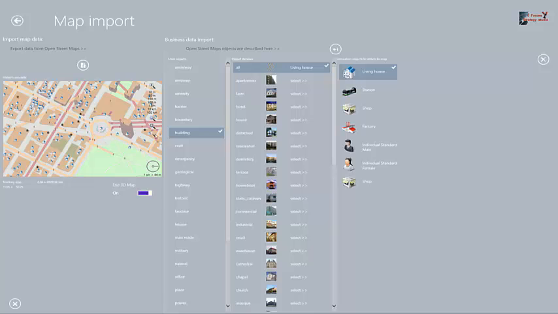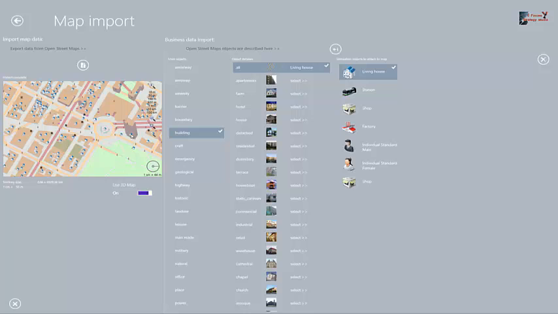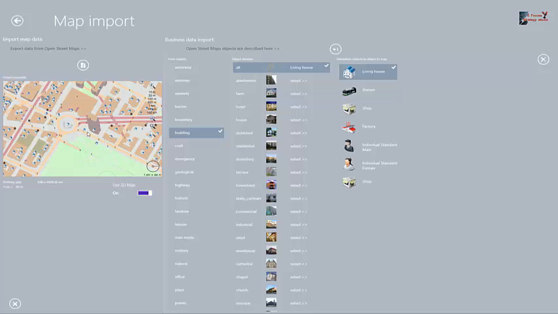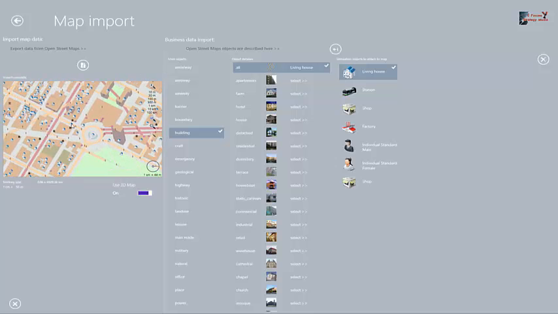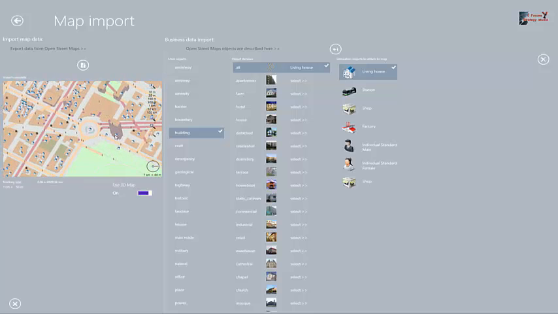Of course, it's too much. Not all of them are really living. There are lots of offices, and we need to go to the area and make it more detailed. Also, we can see that OpenStreetMaps doesn't have information about the stories of buildings. This is wrong because this is a high-rise area. We can delete this